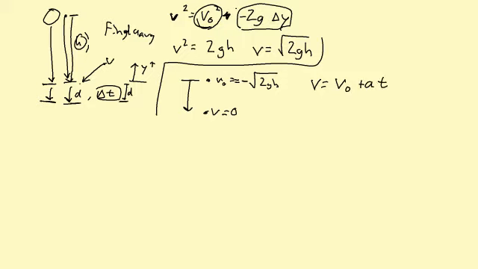So this final v is 0. 0 equals, this v naught was negative square root of 2gh, and again this is our positive y direction. And acceleration then was something. And then we were given the time it takes, which I'm going to call delta t. You just pull this over to this side and divide through, and you can show that a equals square root of 2gh over delta t